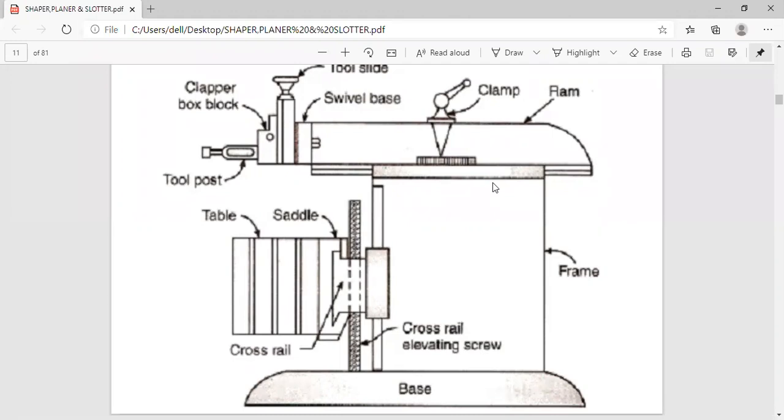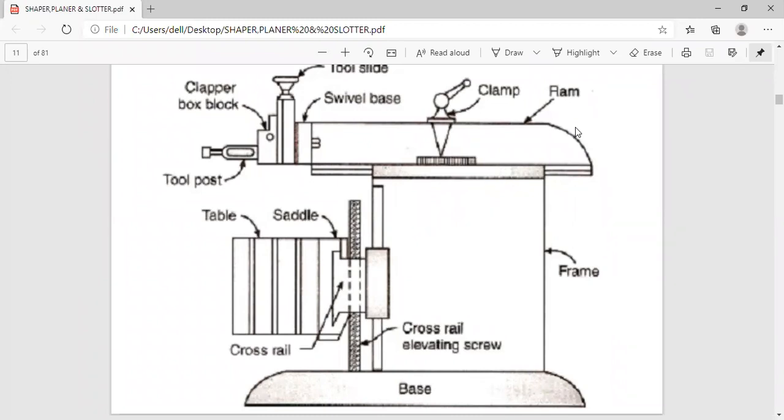On one side of the column, it will have the handles and the levers, which we have discussed, for operating the machine. The operation can be automatic or semi-automatic, but this is manual, not even semi-automatic. You have to design the machine in such a way that you can retrofit it, converting it from manual to semi-automatic.